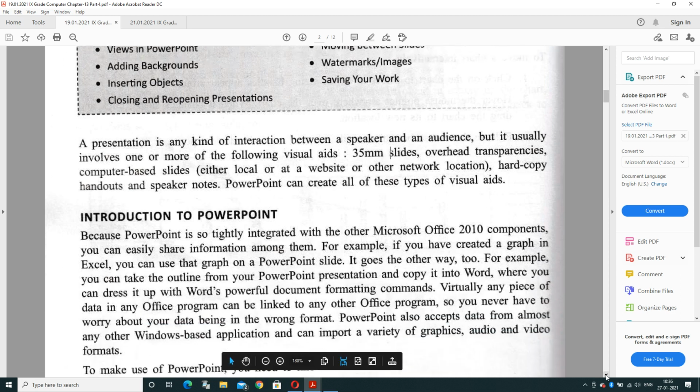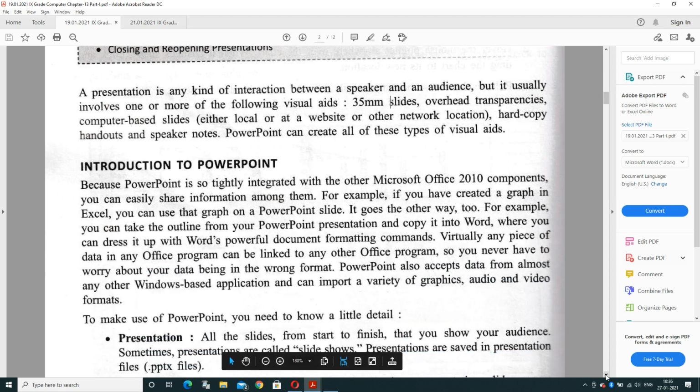What is PowerPoint? PowerPoint is so tightly integrated with other Microsoft Office 2010 components. It contains multiple types of components that will help in editing a presentation, making a presentation, adding graphs, charts, many things. For example, if you have created a graph in Excel, you can use the graph on a PowerPoint slide. It goes the other way too.